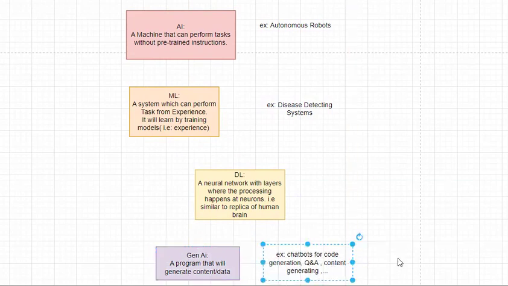In real time, I hope most of you have used this Gen AI. We use it as chatbots, for generating automated scripts of code in multiple languages, and for question and answers. We are using this Gen AI model only. And for content generation, like email generation or story generation, today we are mostly using Gen AI for that, right?